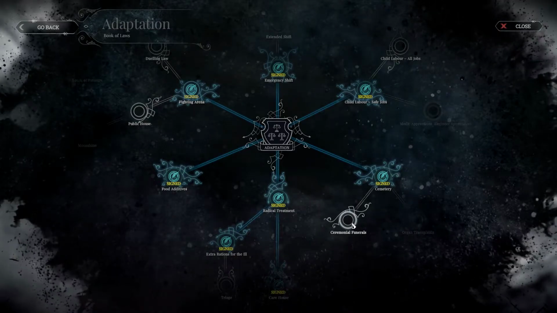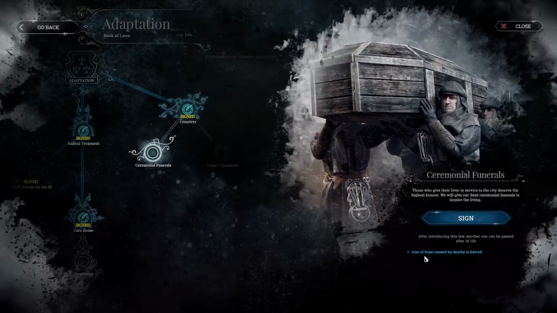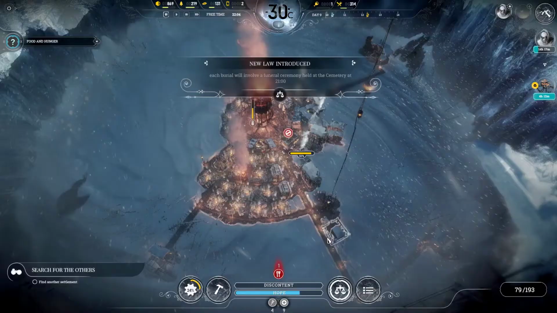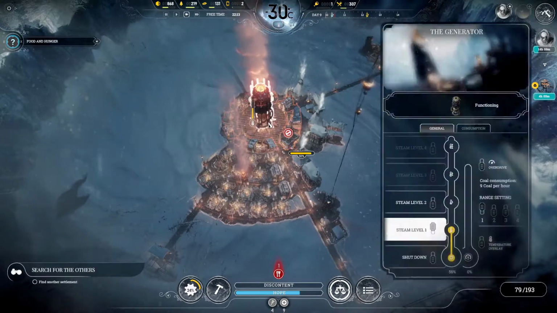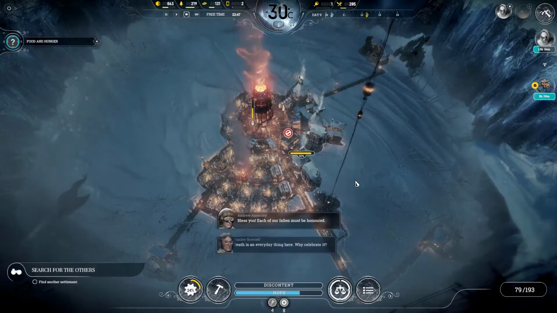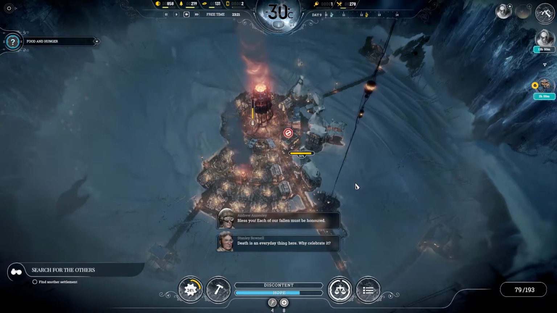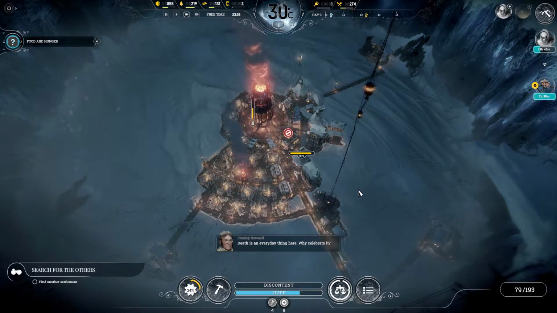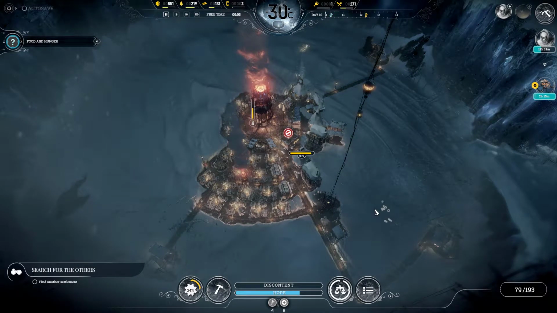But what I want to do now is maybe let's get this one. So if someone does die, the loss of hope will not be as tough. Hear me. New law in the city. Okay, so there we go. We've got that up in place. What's going on with this one? This is just reaching level 1. Death is an everyday thing. Why celebrate it? Yeah, fair enough. This guy is going to arrive shortly, so we probably need...